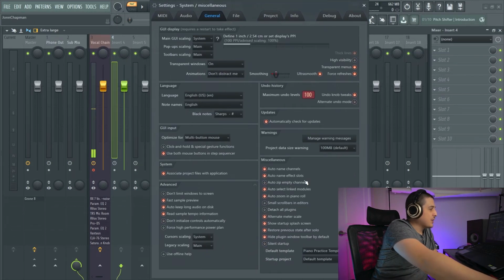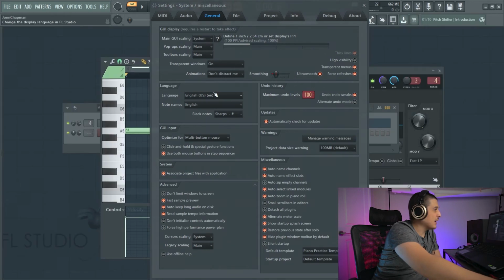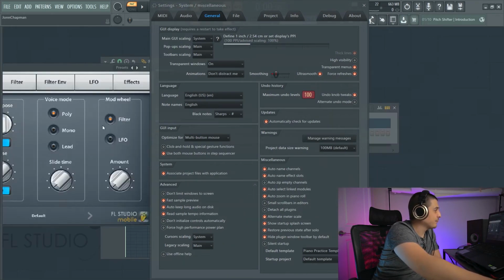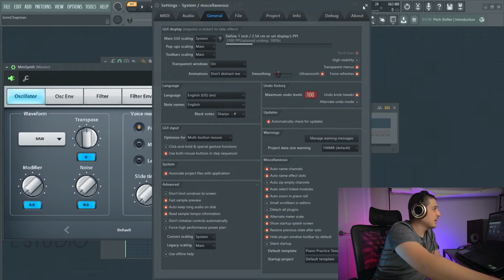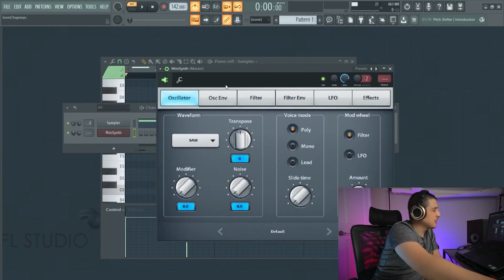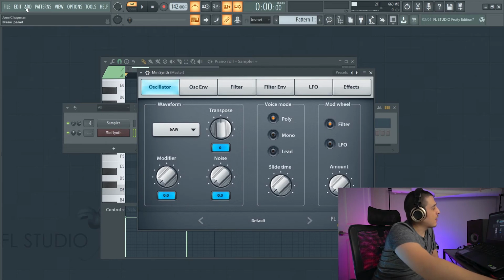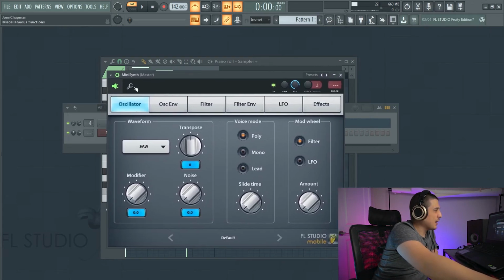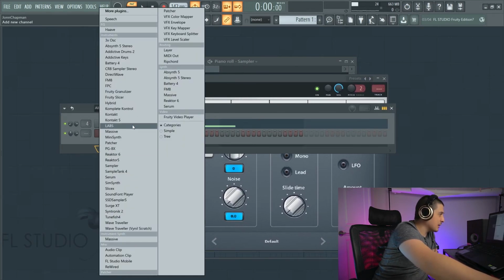Back to general settings, we have hide plugin window toolbar by default. So if I go to a plugin here, this cogwheel is going to have different options. And what it's saying is that this cogwheel will be off by default. Now, that is up until your plugin state is saved with this open. And that actually happens pretty easily because, well,